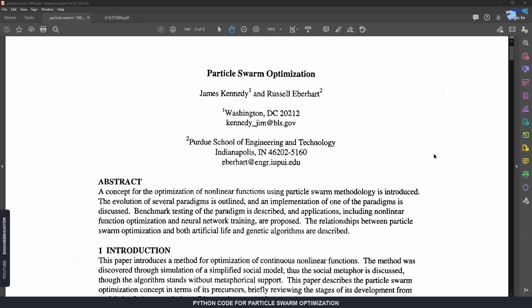Today I'm going to talk about particle swarm optimization, which is one of the meta-heuristic algorithms that is used in many real-world optimization problems, and it is used in many fields. It is a popular algorithm